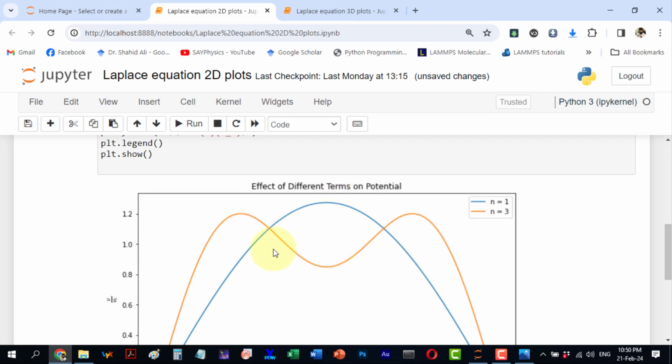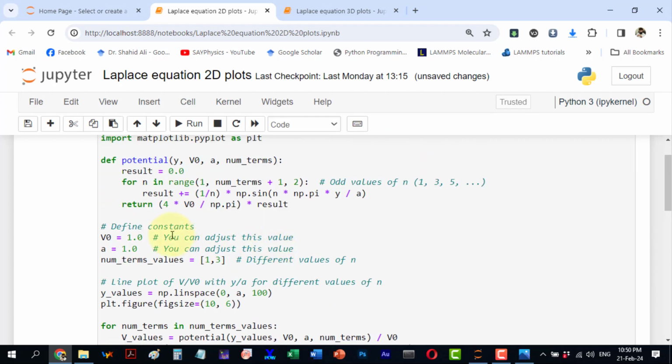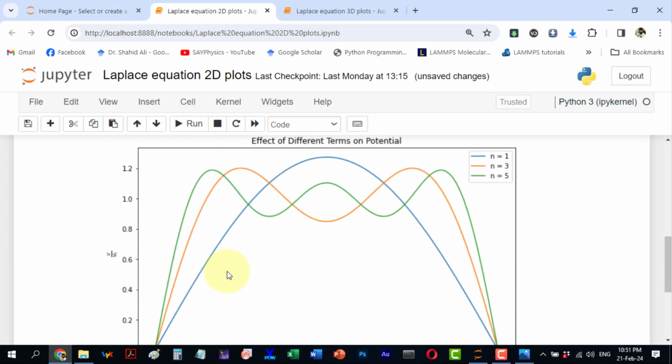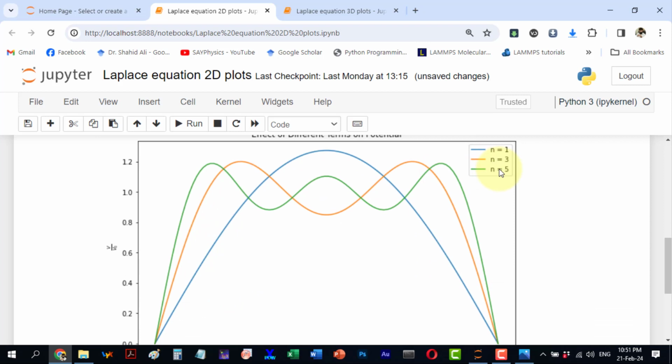Similarly, if I increase the number of terms to the third term, like it will be the fifth term here, the odd one. The total number of terms are 1, 3, 5. So I run this one and I see that now the green one comes with n equal to 5 and the number of peaks are increasing. These two peaks are having height more than this one, and we will go to